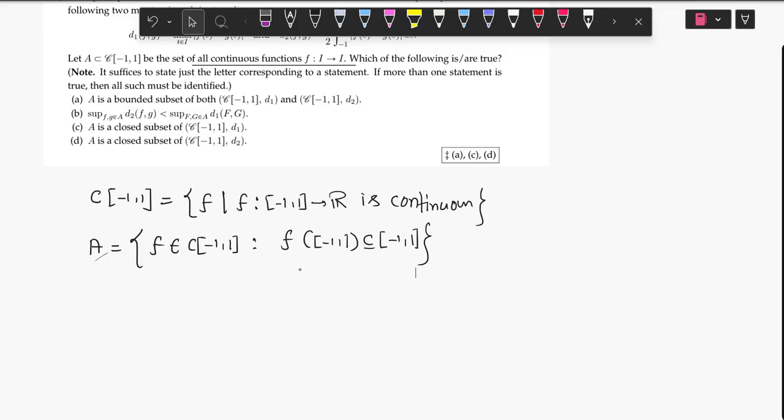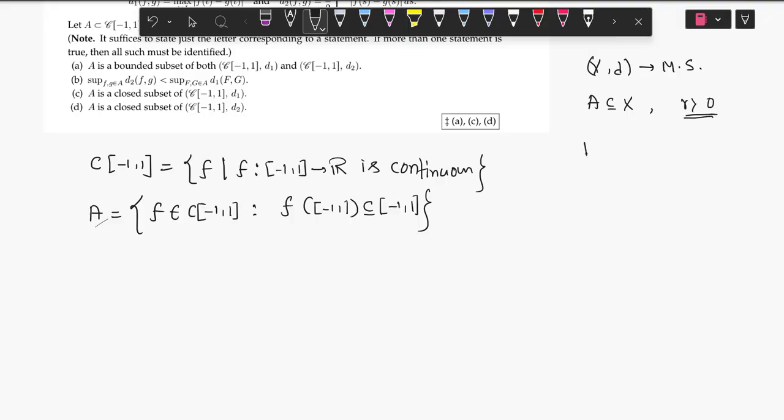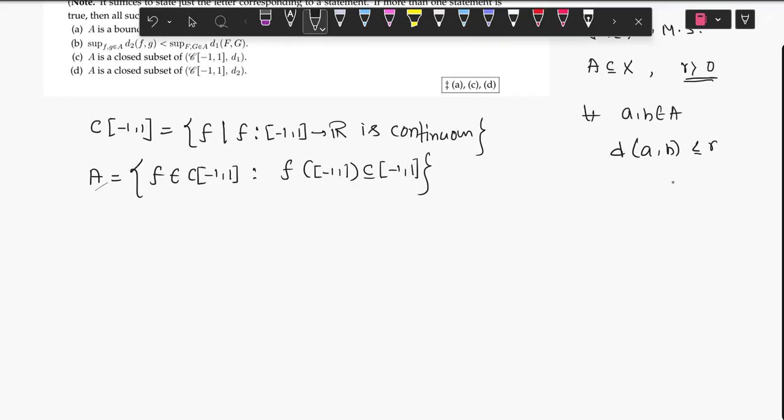So first let us discuss the option A। option A क्या है? So first of all, let X be a metric space. This is a metric space. A subset A of X is called bounded if there is a real number R greater than 0 such that for all a, b belongs to A, you have the condition d of a comma b is less than or equal to R, whatever। Then we call A is a bounded subset of X।